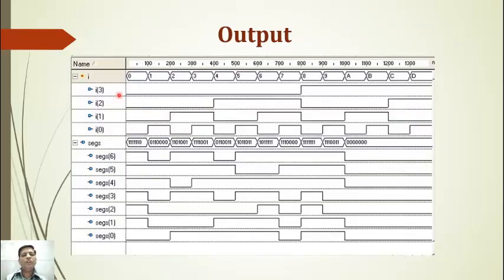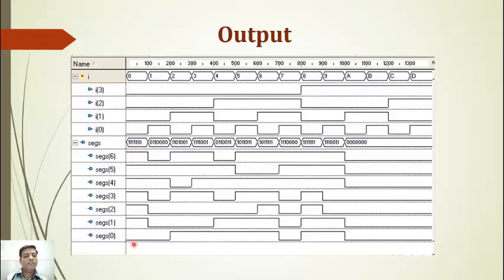Now here we have seen the output for the VHDL program. This is the simulated output I0 to I3. These are the 4 bits of information. We are adjusting in such a way that all the values go in a sequential manner 0 to 9. So if 0 is there, the output should display 0 value. So except G, all pins are 1.